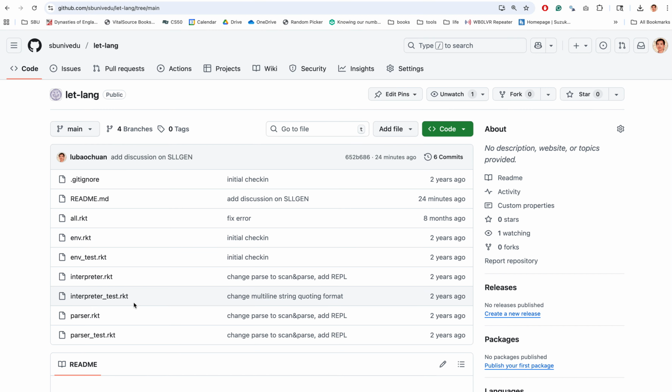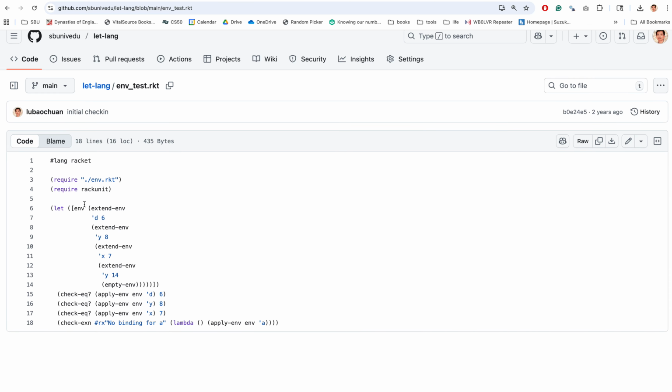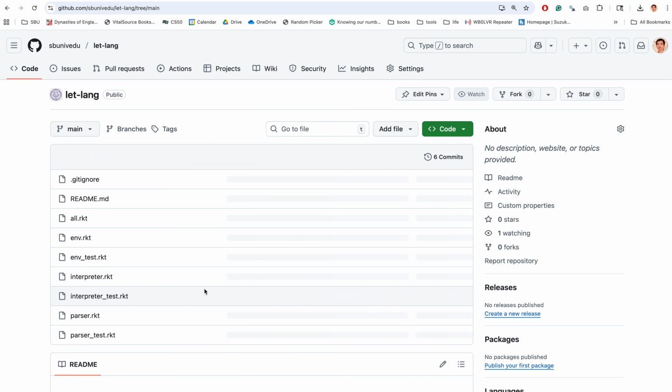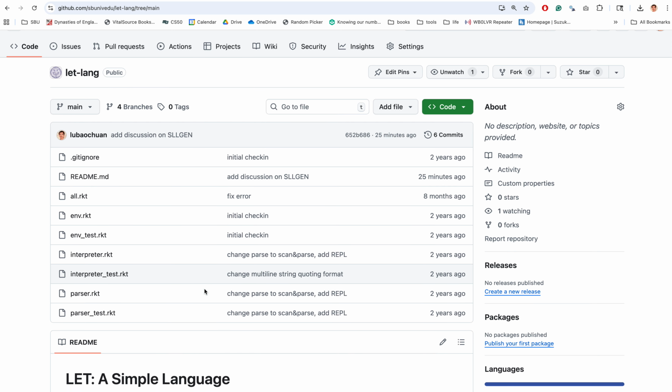Okay, also it comes with a test, where we use extend environment to build this environment from an empty environment, and after that we can apply the environment and look for some symbols, and it should give us the correct value. Okay, so that is that, and then the next piece of the puzzle is